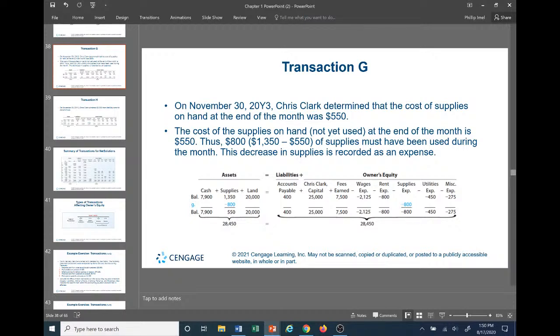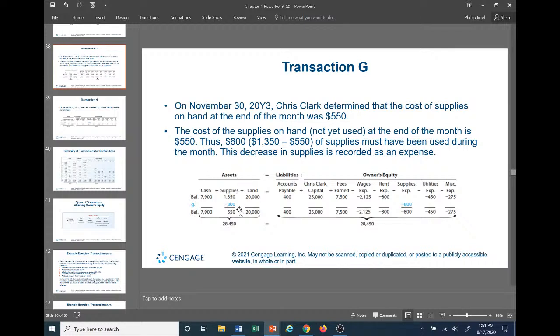So let's look at this. So obviously, if our supplies is decreasing, right, because our ending balance is $550, whereas our beginning balance was $1,350, we've used or consumed $800 worth of supplies on hand, right, or the supplies that we had on hand. So obviously, we know supplies is an asset, right? Supplies inventory is an asset. If we're reducing supplies, if we've used $800 worth of our supplies, we have to reduce our supplies inventory account from $1,350 by $800 that we consumed or used during that period to leave a net result of supplies on hand at the end of $550, which matches what they said.